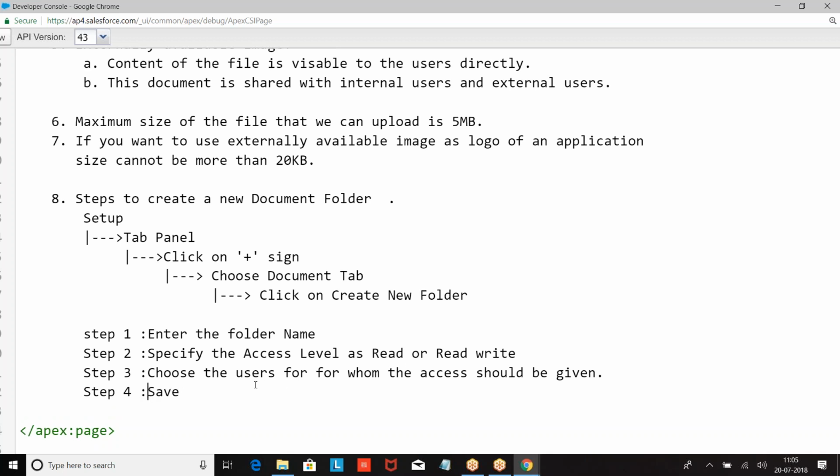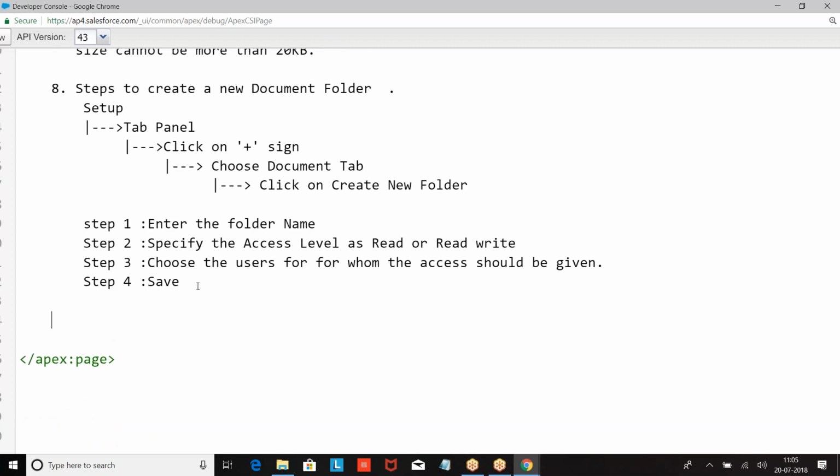But what is our context? Creating a document. So what is the next one? Steps to create a custom document.